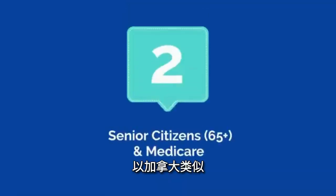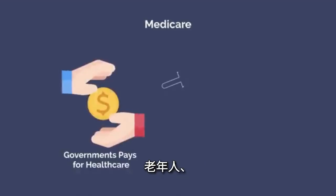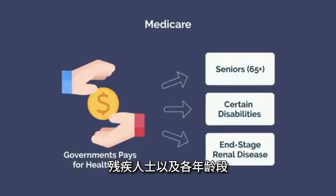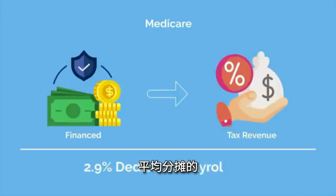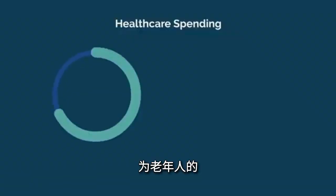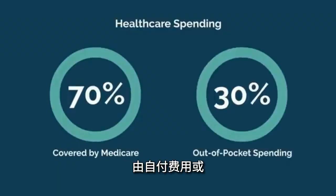US citizens over the age of 65 receive care in a national health insurance model-like fashion, as found in Canada. Manifesting in the form of Medicare, the government pays for the healthcare costs of the elderly, people under 65 with certain disabilities, and people of all ages with end-stage renal disease. Medicare is financed through tax revenue, a 2.9% dedicated payroll tax split evenly between employers and employees, and monthly beneficiary premiums. Medicare funds 70% of healthcare spending by the elderly, with the other 30% accounted for by out-of-pocket spending or